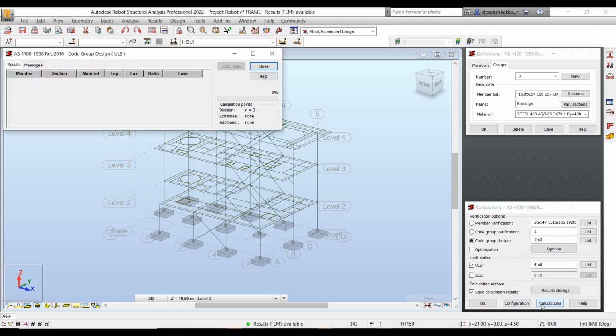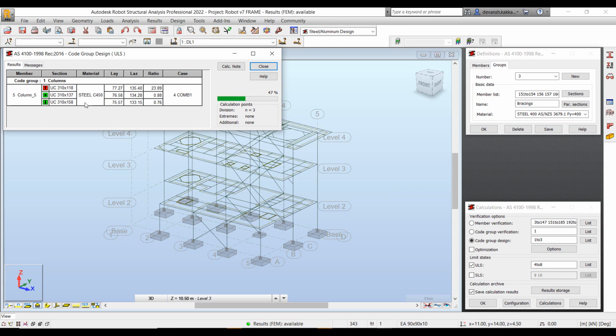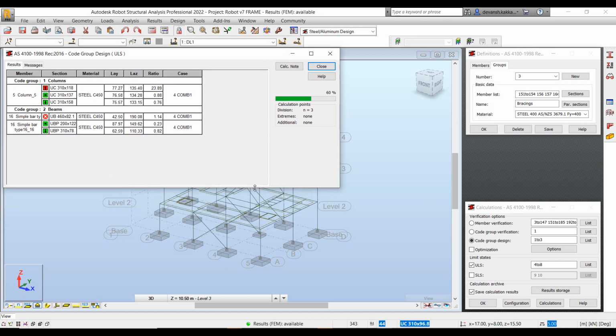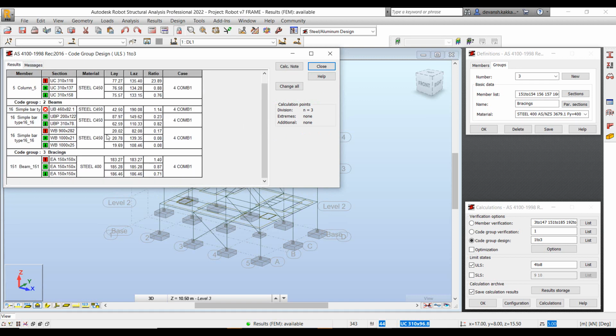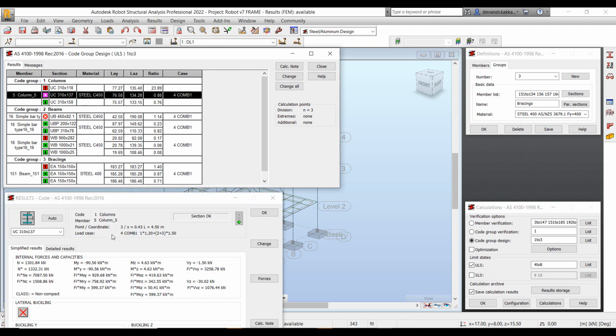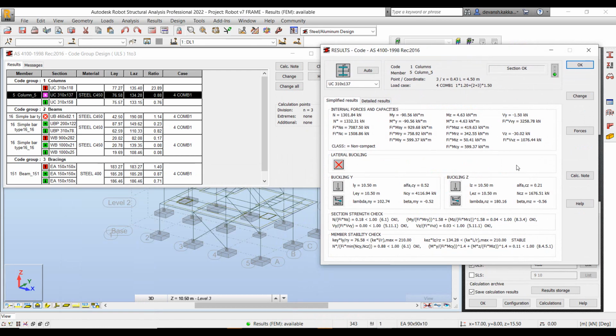When Robot performs the calculations, it will list out three different section sizes for that particular group. One at which the member fails the design, so if you see the unity ratio is slightly above 1. The second one, which is a more optimized design, where the member just passes the design, so the utilization ratio or the efficiency ratio is close to 1. And the third, which is a more economical design, a more safer design.